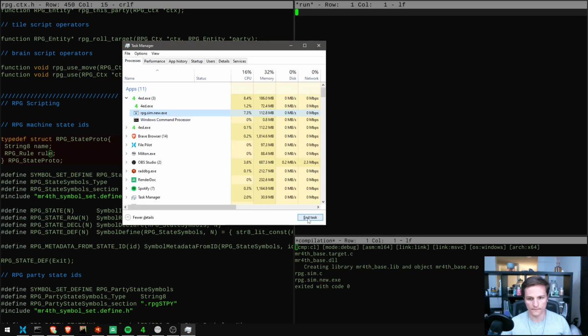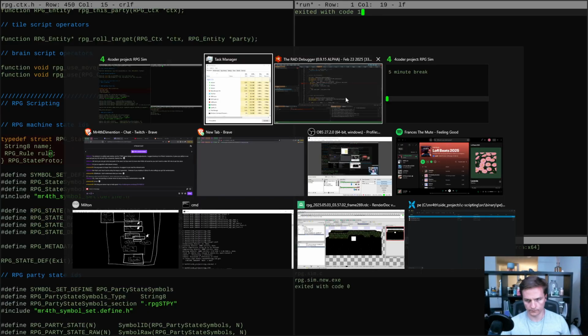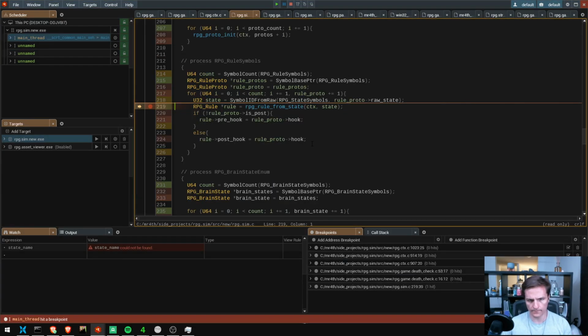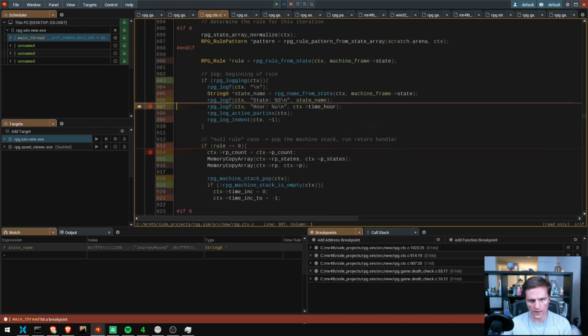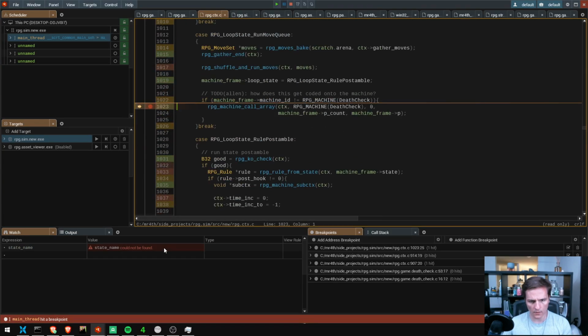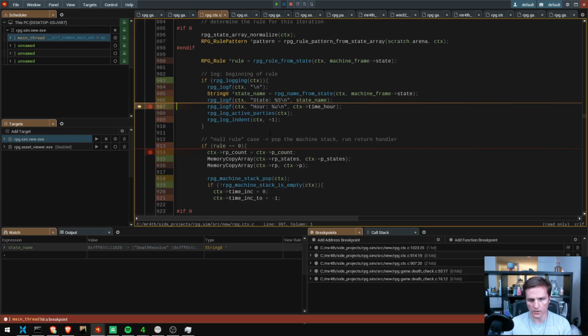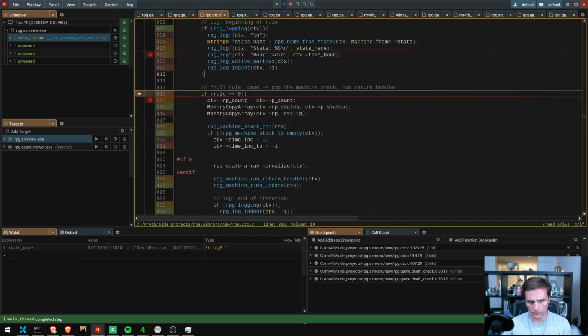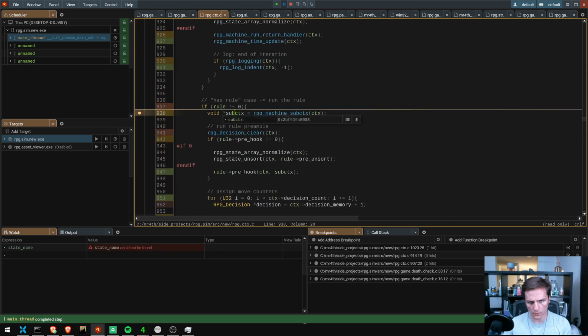Okay. So state not 0. Stick that there. Let's move ahead. Journey round. Death resolve. Rule is not 0, so